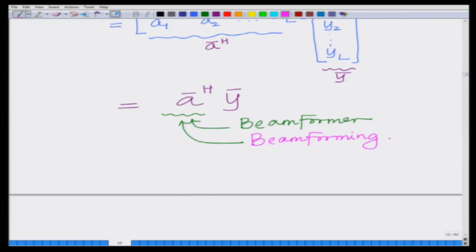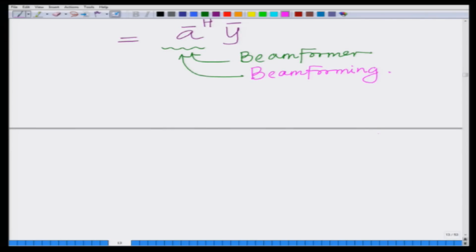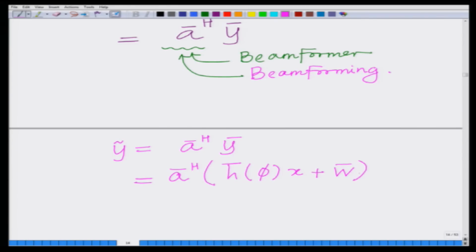So, now I have y tilde equals A bar Hermitian y bar, which is equal to, remember y bar is the array steering vector h bar phi times x plus w bar,